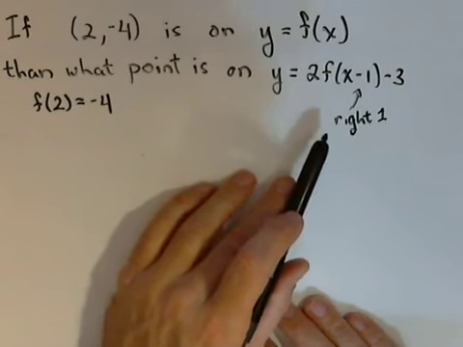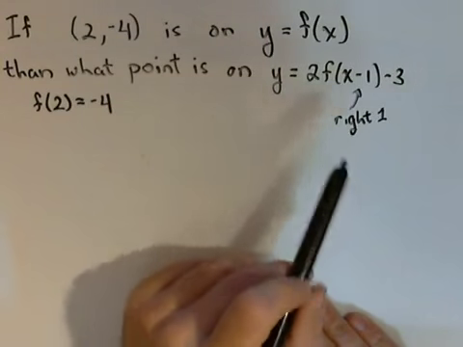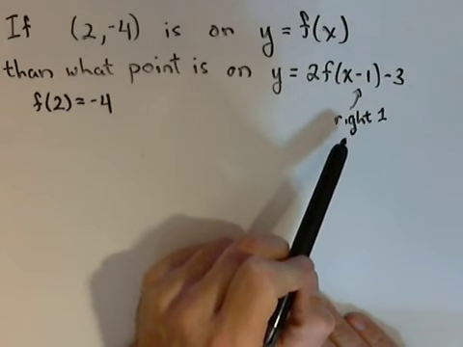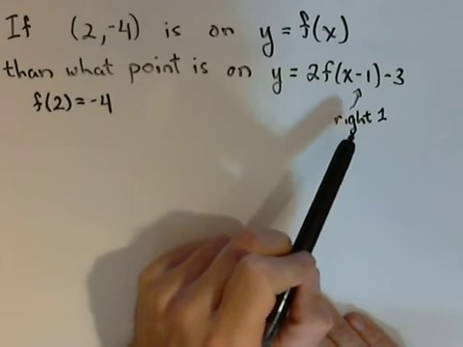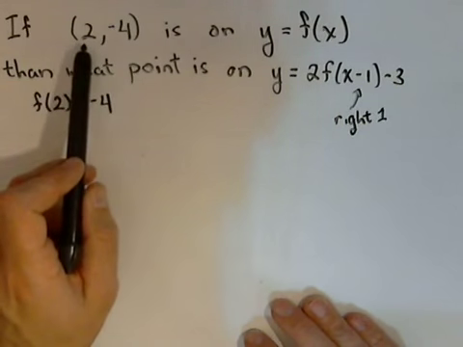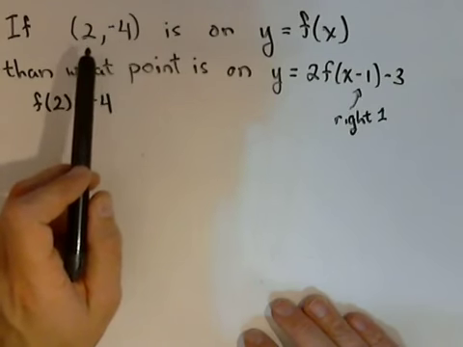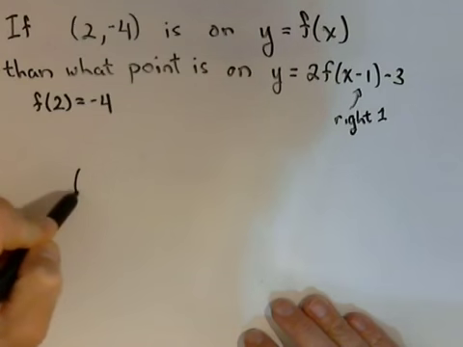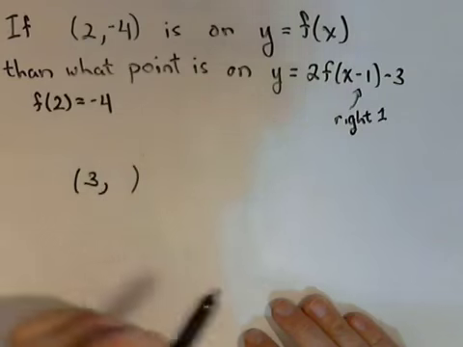Now we want to see if there's any other horizontal shifts, or translations, or reflections. And what we see is there's nothing else being done on the input. So this is really the only thing that's going to be done on the input: it's going to be moved right 1. So I know that this point is going to get moved right 1, which is going to affect the x-coordinate. That's the only thing that's going to affect the x-coordinate. So my new point is going to have an x-coordinate of 3,